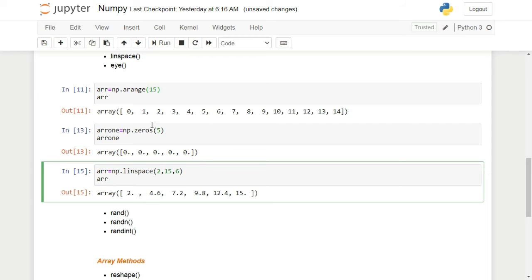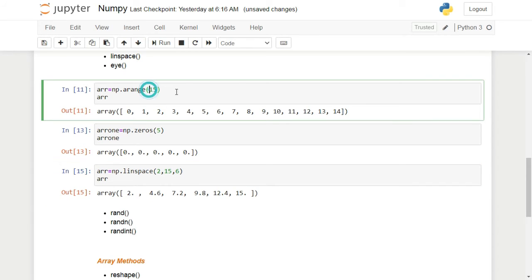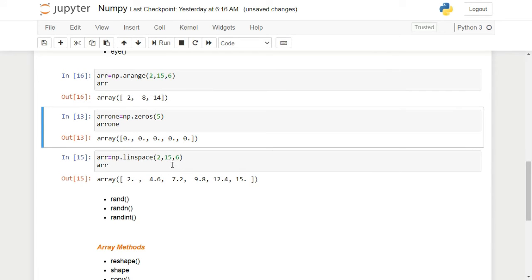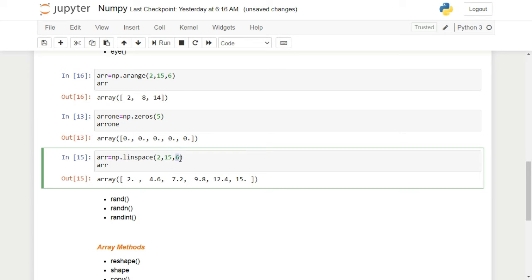There's a difference between the arange and linspace functions. In arange, the value doesn't go till the second argument, it goes till one less than that. However, in linspace it goes till that element. Let's say I had something like 2, 15, and 6. In arange, 6 means after 2 print 2 plus 6, which is 8. You can see after 2 I'm getting 8. However, in linspace, 6 means that you have to print 6 elements. You can see 1, 2, 3, 4, 5 and 6. So this is the basic meaning of the arguments in the linspace and arange functions. I hope I'm clear.